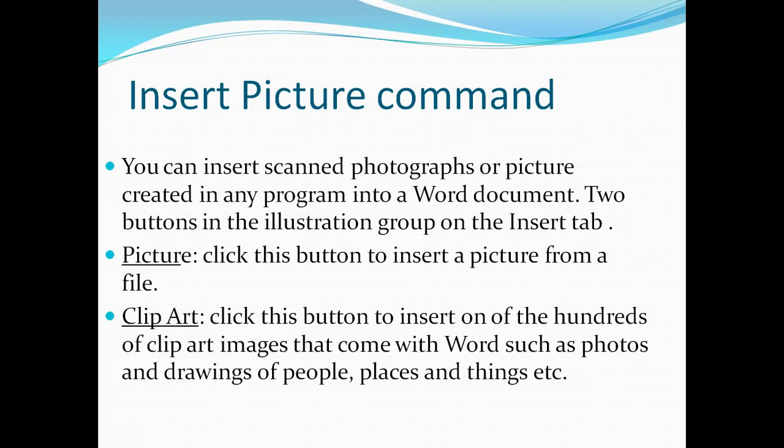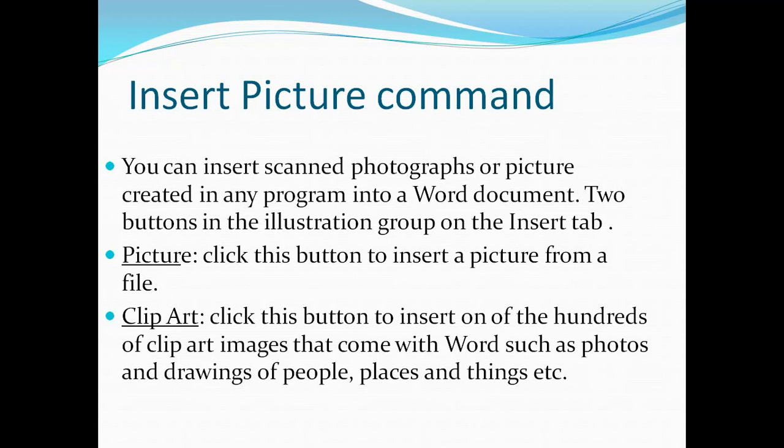Insert Picture command. With the help of Insert Picture command, we can insert a picture in a Microsoft Word document that is stored on your computer or stored in a clip art gallery.